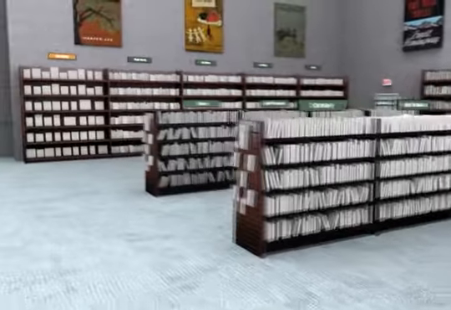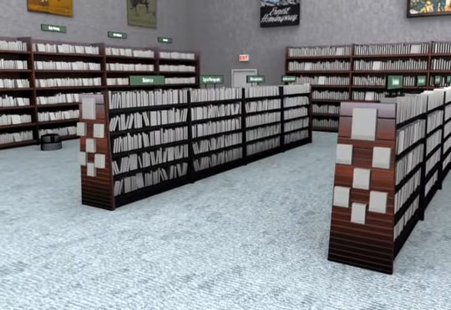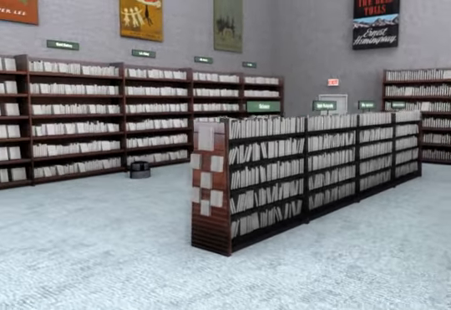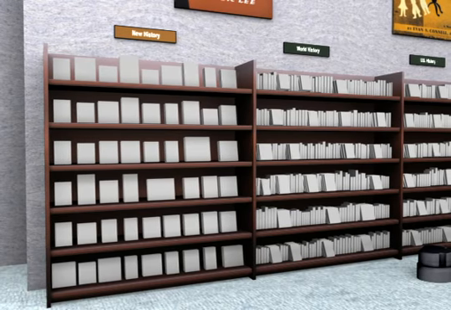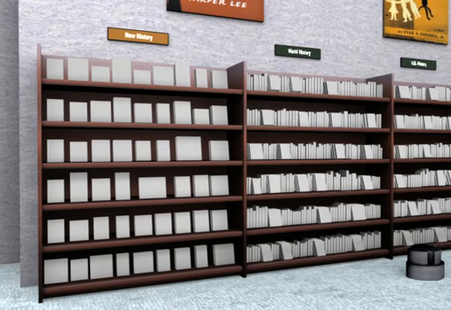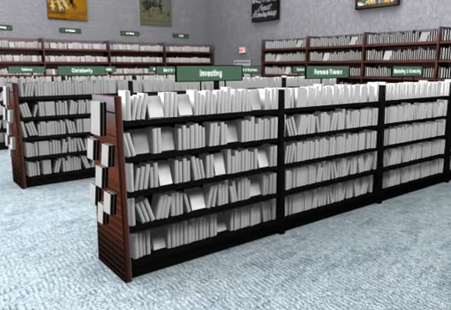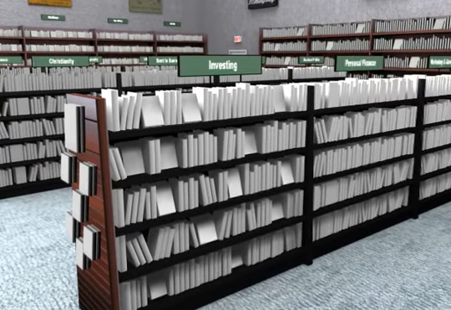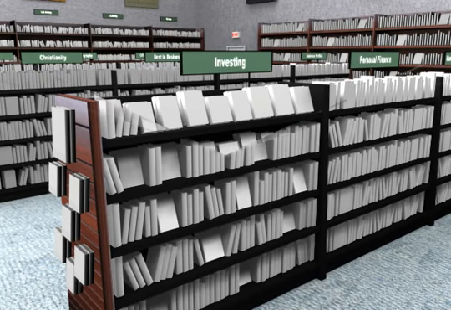For science, they decided to see if using the 2 end caps at the front of the bays containing science would provide space for all new titles in the general science category. Next, they looked at history. The VMS specifies that new history titles should be phased out in bays at the beginning of the section. The district manager and store manager made a decision to also phase out the remaining unmodeled titles at the start of the section. After completing their analysis and determining the number of new titles, the district manager and store manager decided that the store should proceed with implementing the solutions for investing,